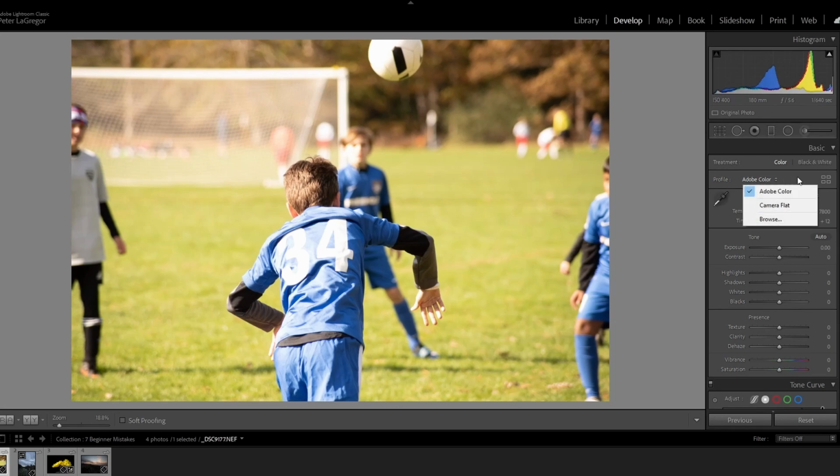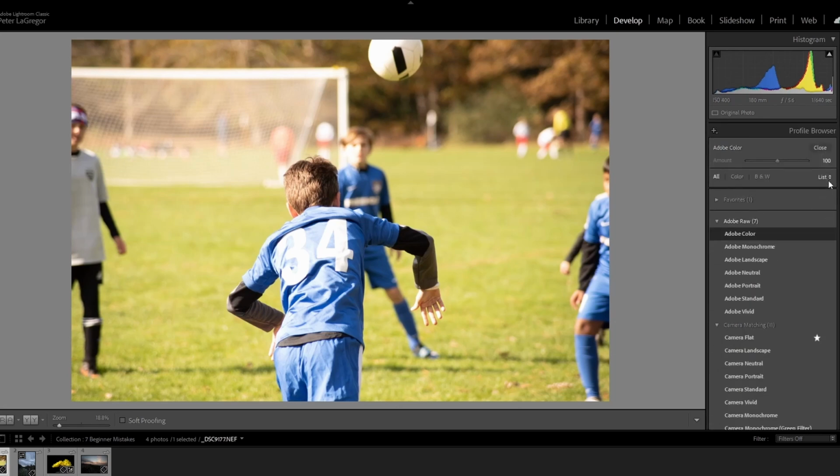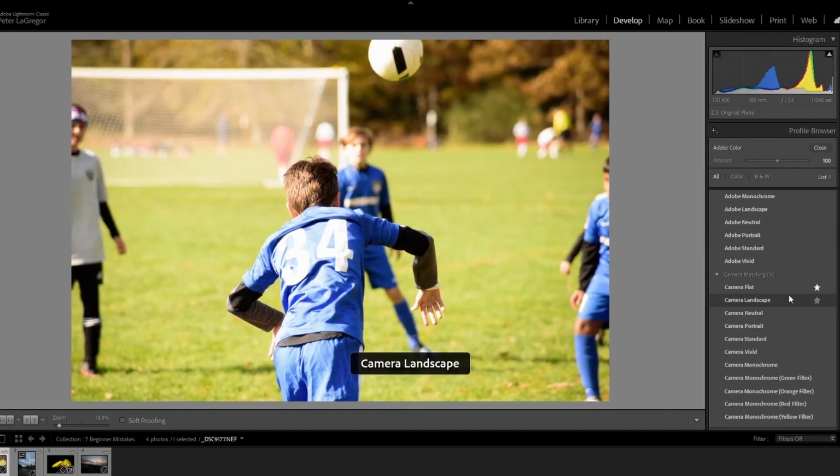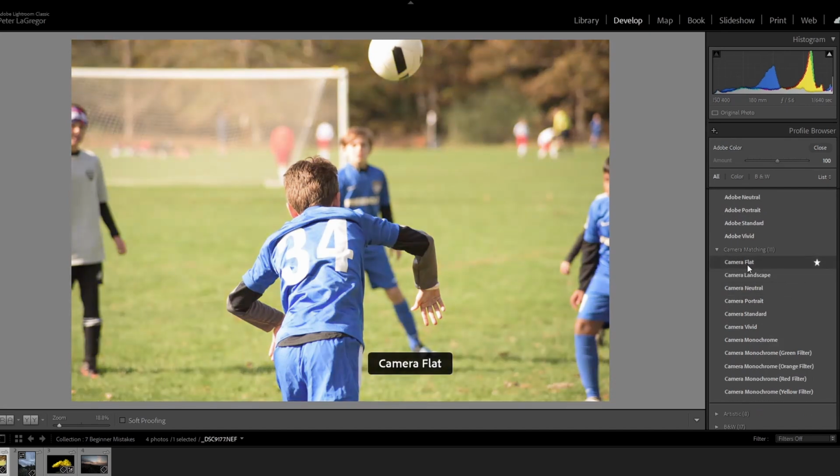And if you go down here and click on the color profiles, skip all of these that say Adobe because they're not really designed for your camera. Your camera has built-in profiles that you can use, and those are generally going to be better. So look at this one. This is the Adobe color. It's high contrast. The color, the green grass is a little yellow, but I'm going to switch it over to